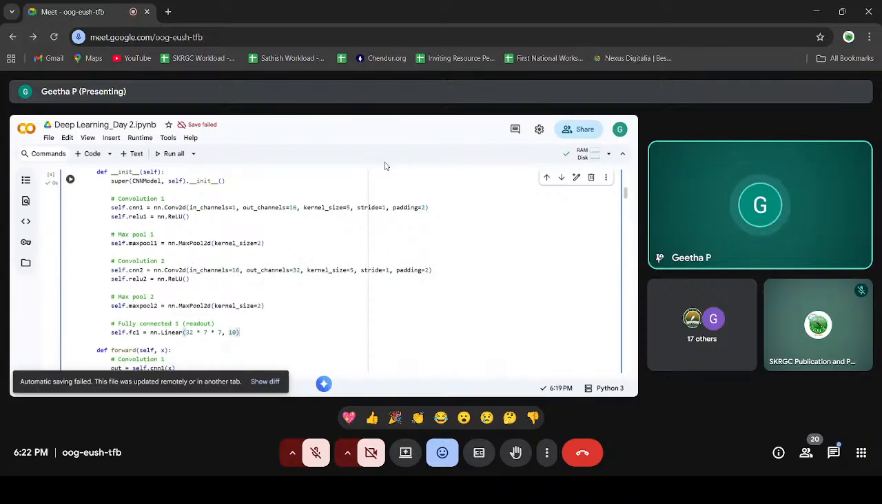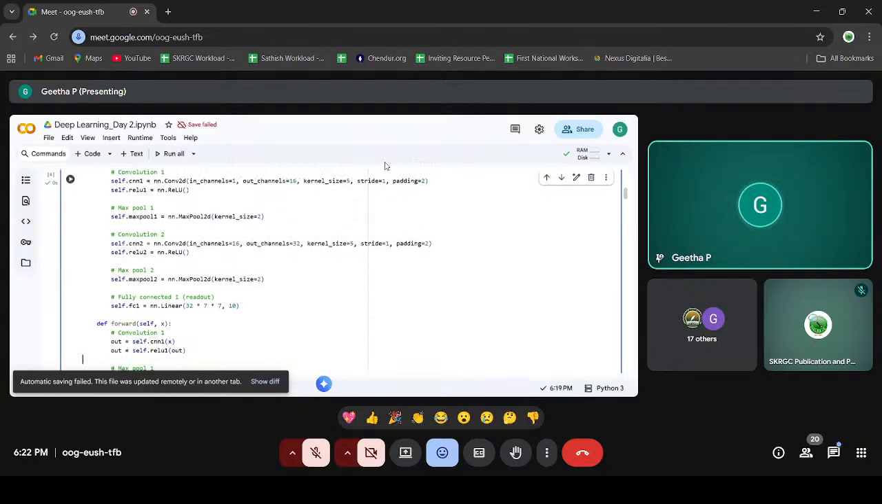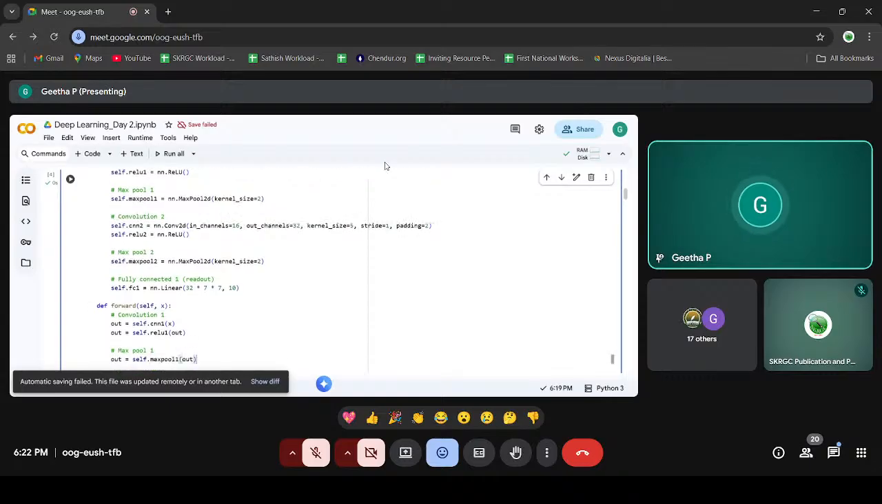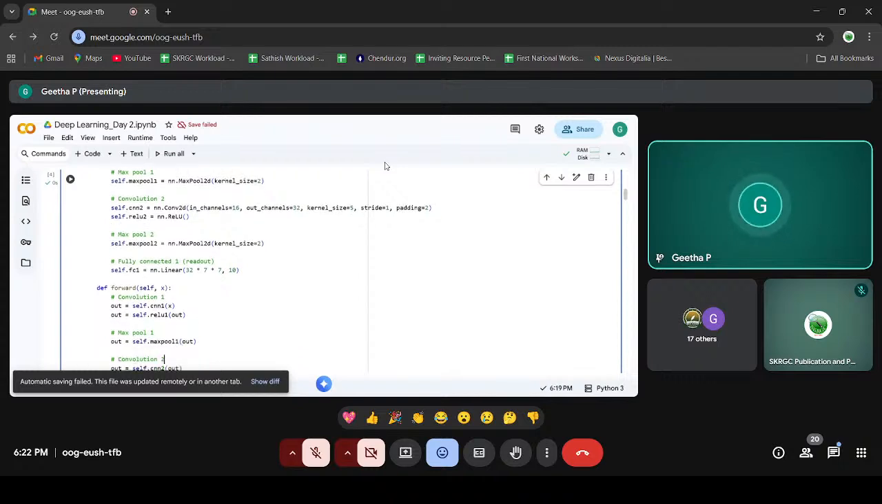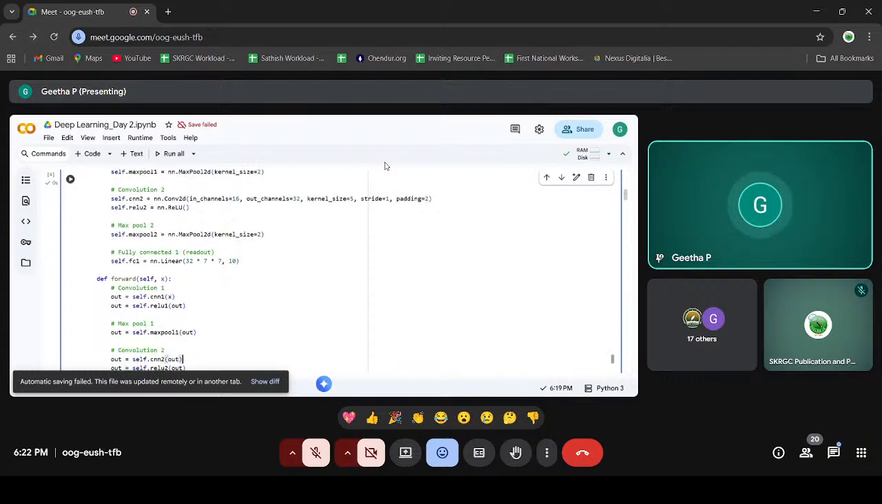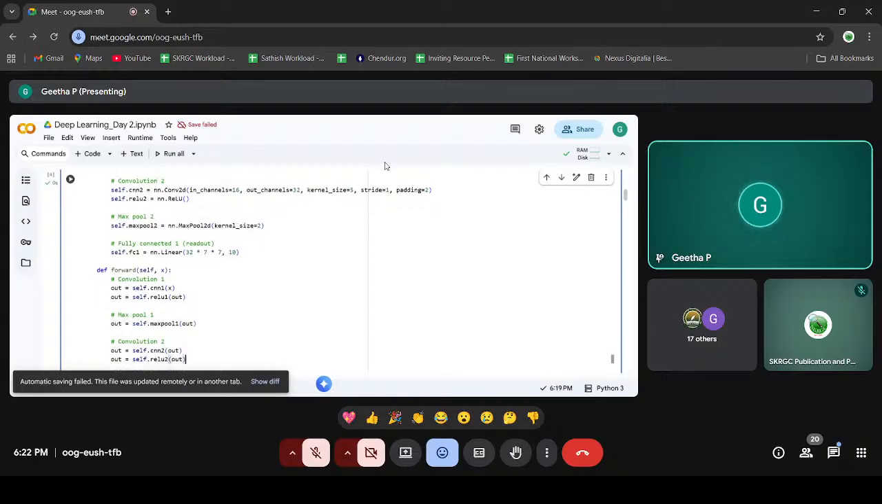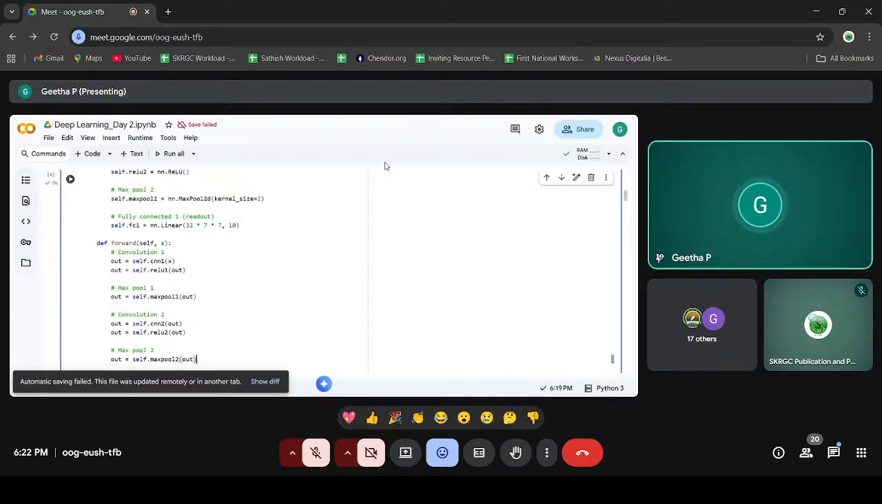So 10 output layer neurons that can be used for 10 classes that can be recognized, 0 to 9. And we have the function that is forward pass. In this forward pass, we have convolution layer 1, max pool, and convolution 2, and it will produce the final class score, the final output,